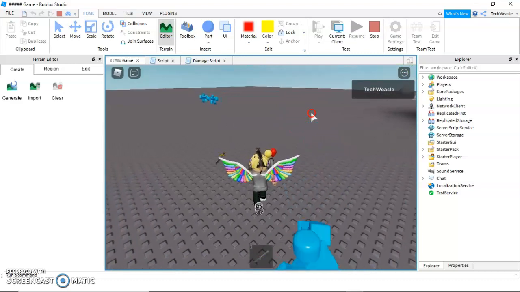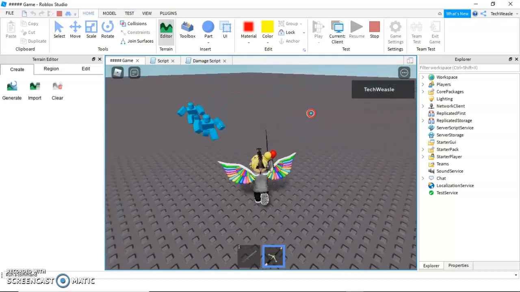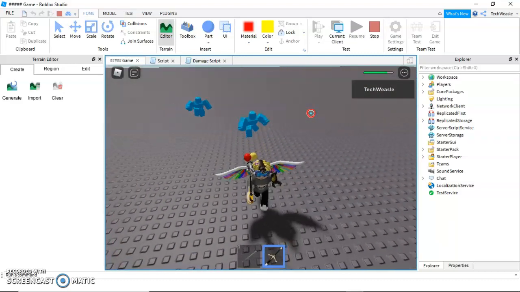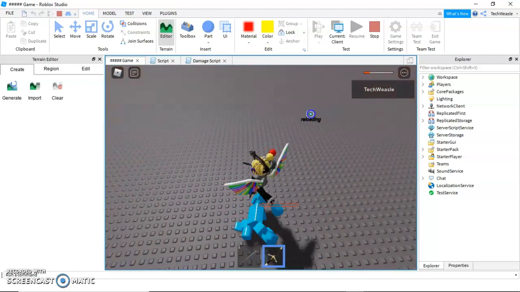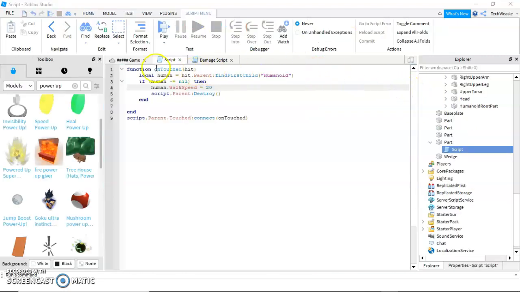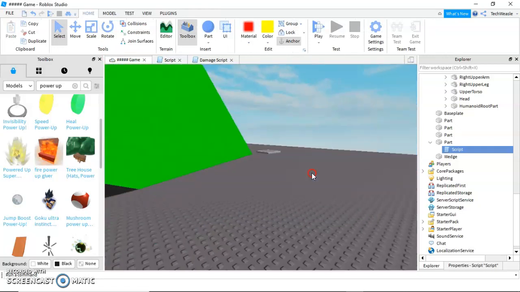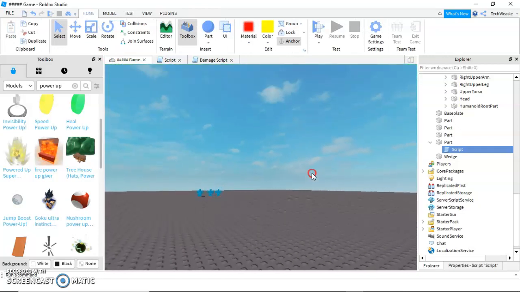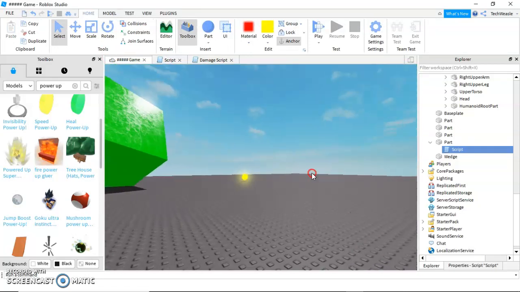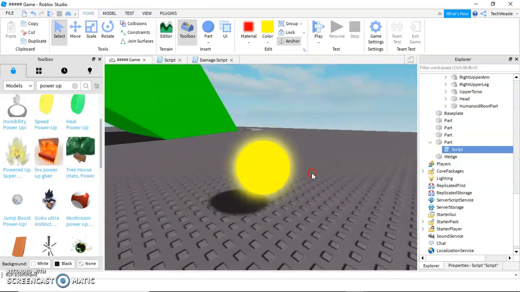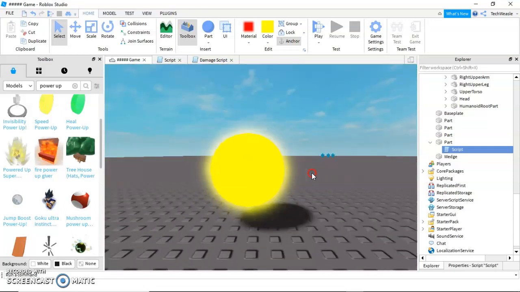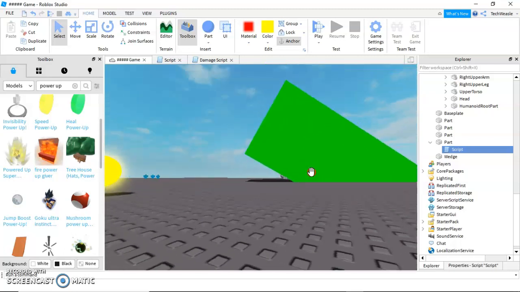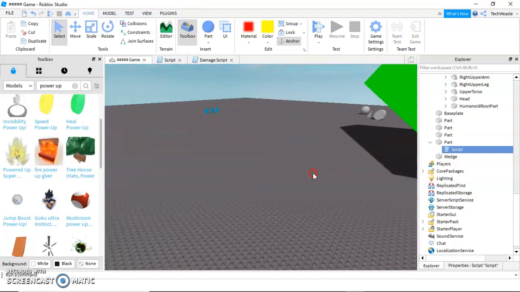notice how I'm walking a bit faster than normal? Quite a bit, in fact. Right? Now you have a power-up that makes you go faster. This power-up's going to last forever for the player, and maybe in another video I'll show you how to add a temporary one. But for now, I want to spend the rest of the video showing you how to make